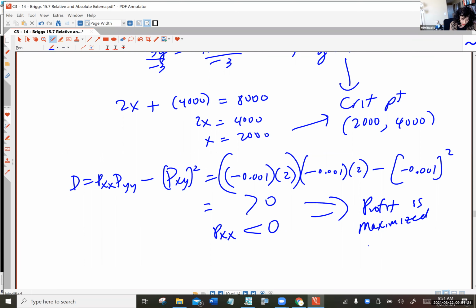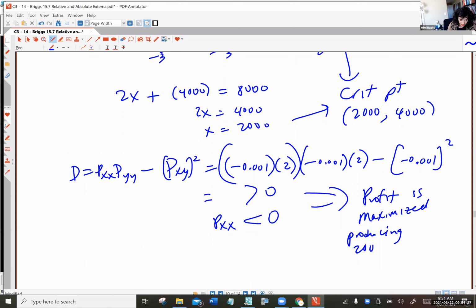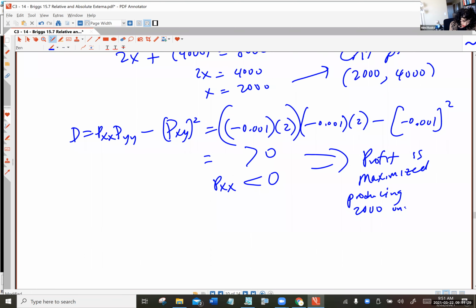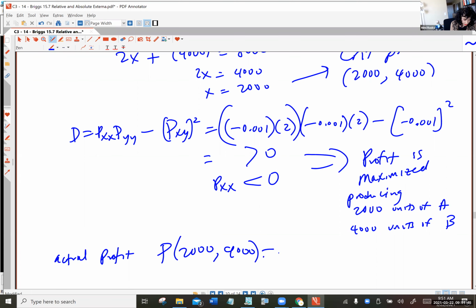So we do indeed have profit maximized at the point when you are producing 2,000 units of product A, because that's what x was representing, and 4,000 units of product B, whatever that is. Now, the actual profit, you have to evaluate your profit function at the point (2,000, 4,000). And keep in mind, profit is in terms of money. So when you punch this all in,